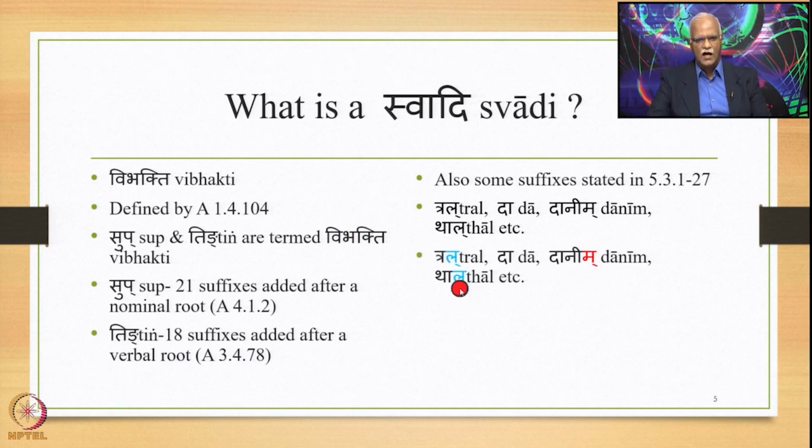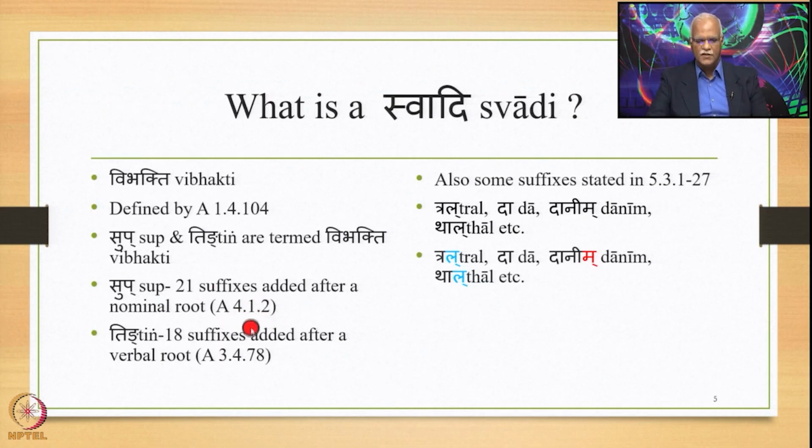These la are the markers and ma is not the marker. Otherwise, these colors don't play any role, any function over here. What is important is to know what is a swadi. So, swadi stands for these 21 suffixes stated in 4.1.2,